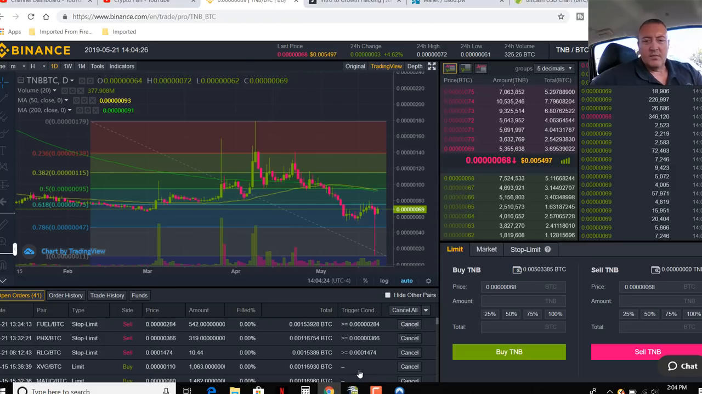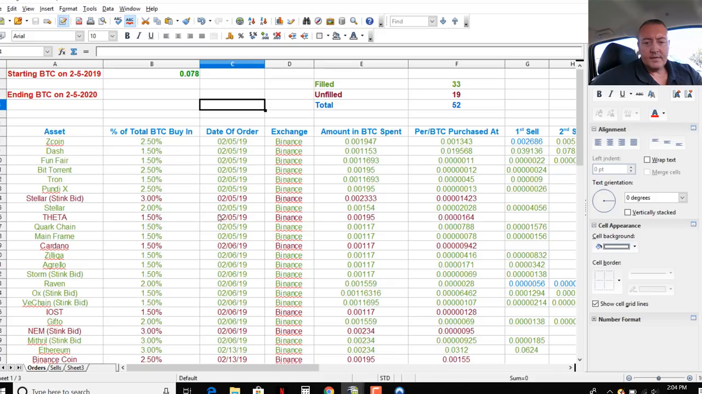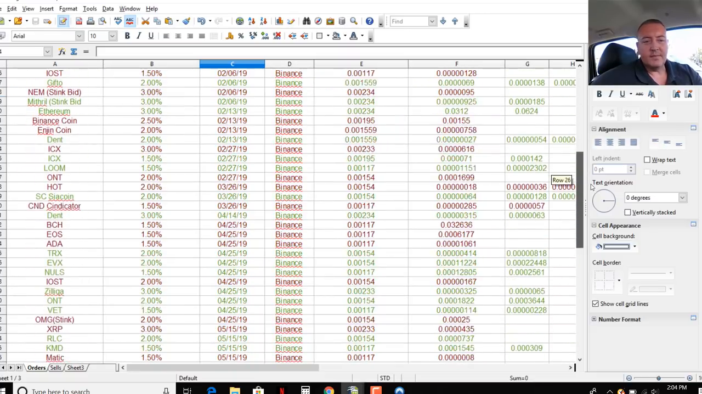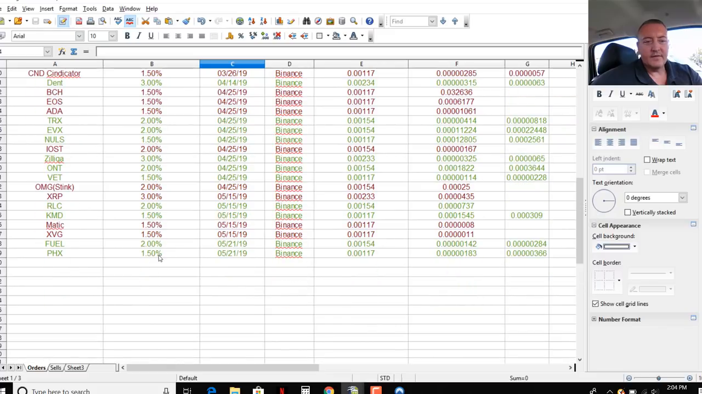So how I do it is, this is the percentage of my total BTC that I've spent on these trades. Like this one I'm going to do right now, I'm only going to do it at 1.5% of my total Bitcoin that I have to trade with. So 1.5% would equal